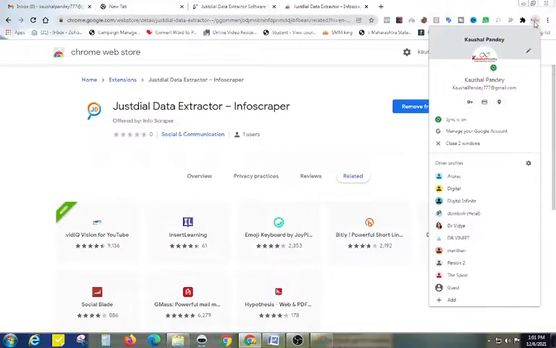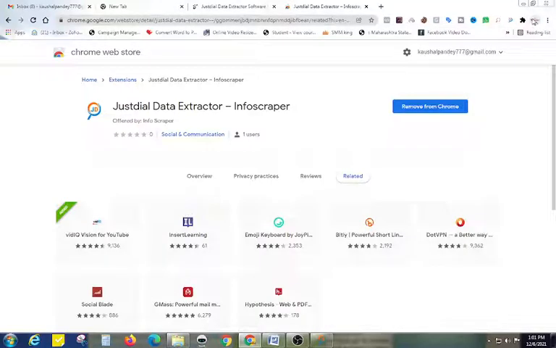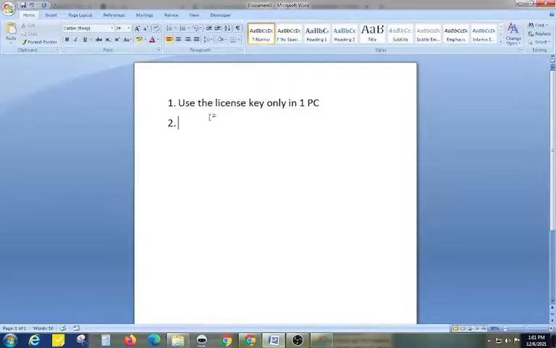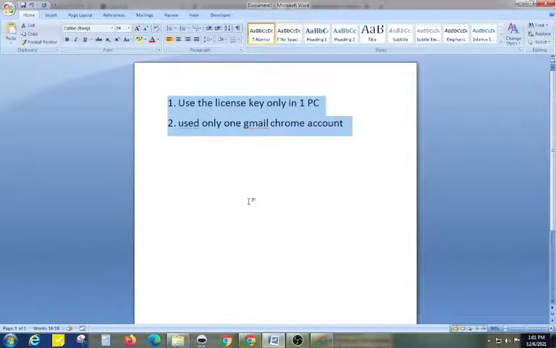If I change the Chrome login to another email and install any of our Chrome extensions again and add this license key, then again it will not work. So this license key is used with only one Chrome account.